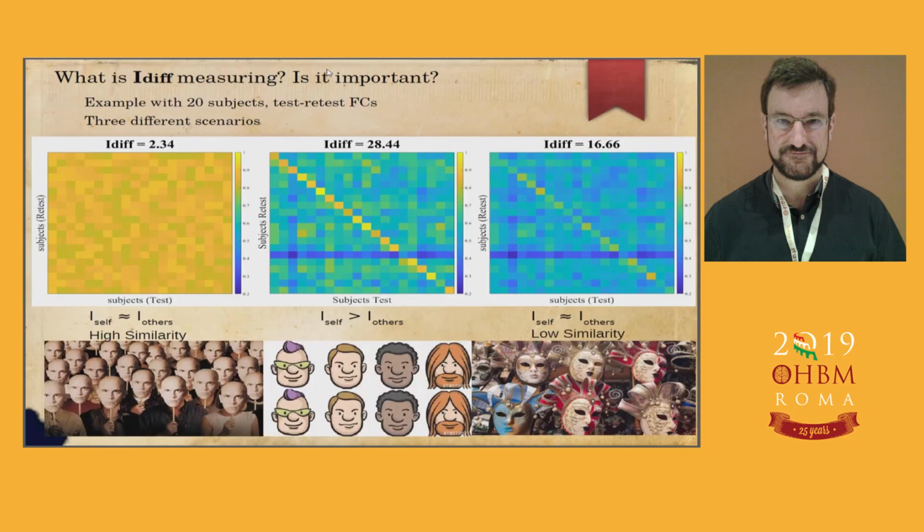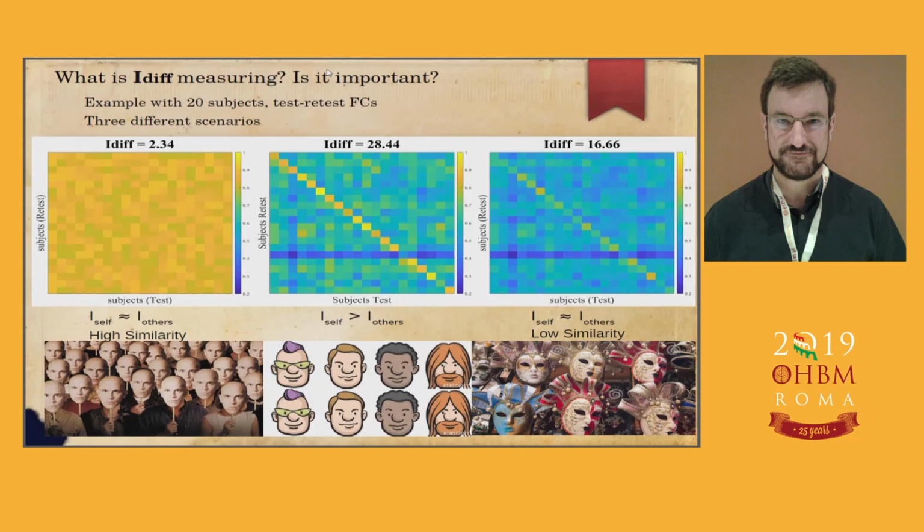If you know this movie on the bottom left, in the lab, when you have a data set like this, we say that it has the John Malkovich syndrome, where you could call the same subjects again and again, or different subjects. It doesn't really matter because all the functional connectomes look alike. If you have the other syndrome, the mask syndrome in your data set, the problem is like if everyone that you recruit in your cohort is wearing a mask, you call it the next day and is wearing a different mask. So both are problems that I encourage you to check on your data,